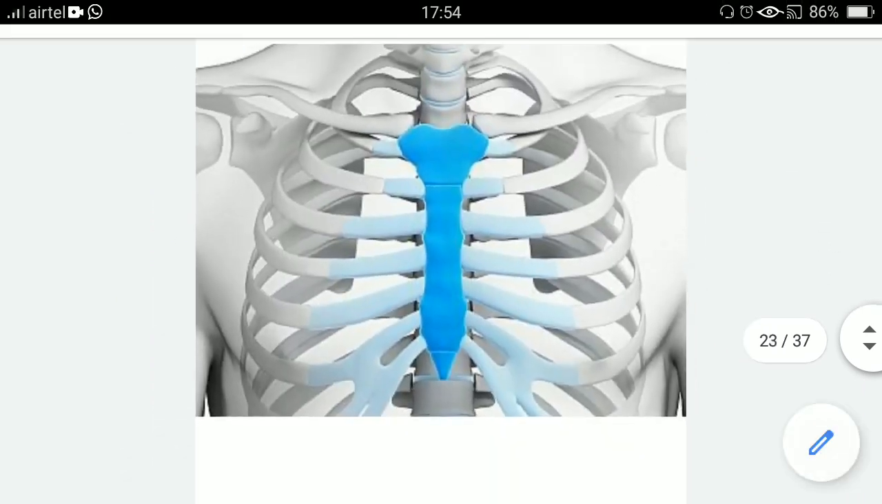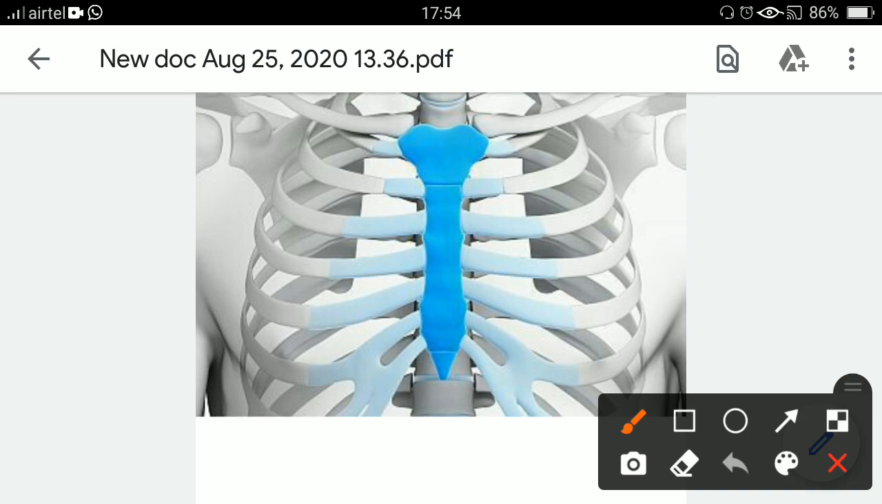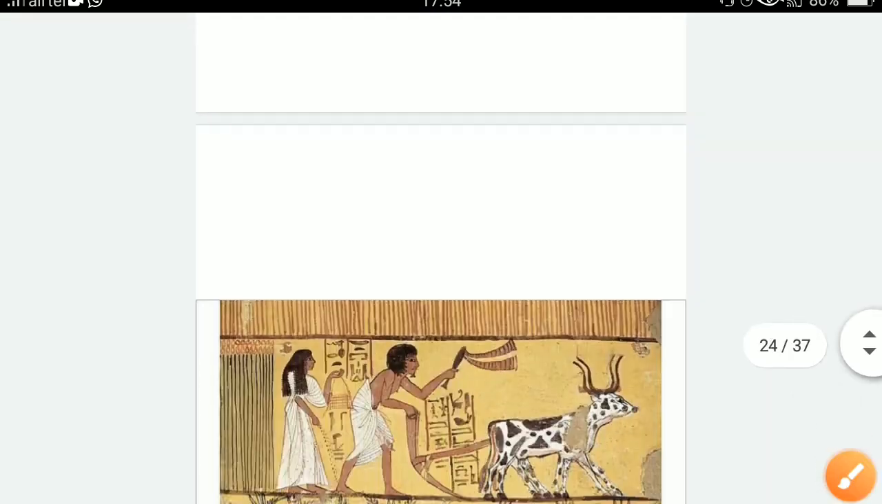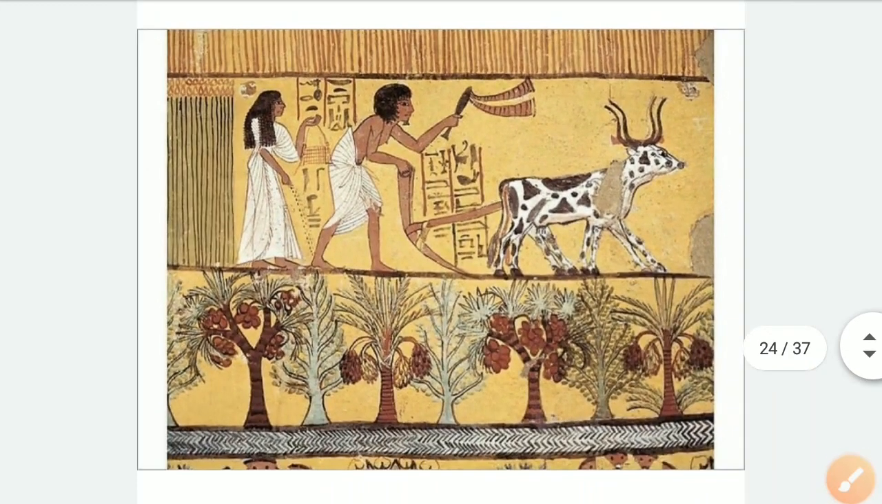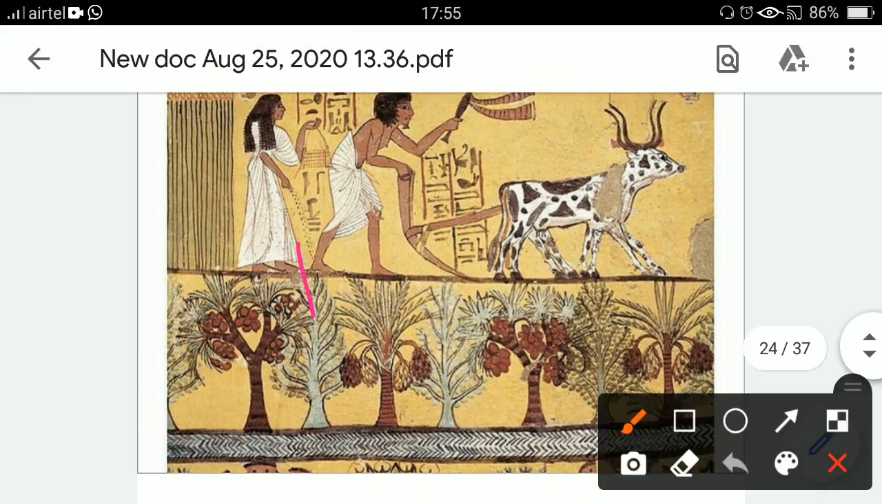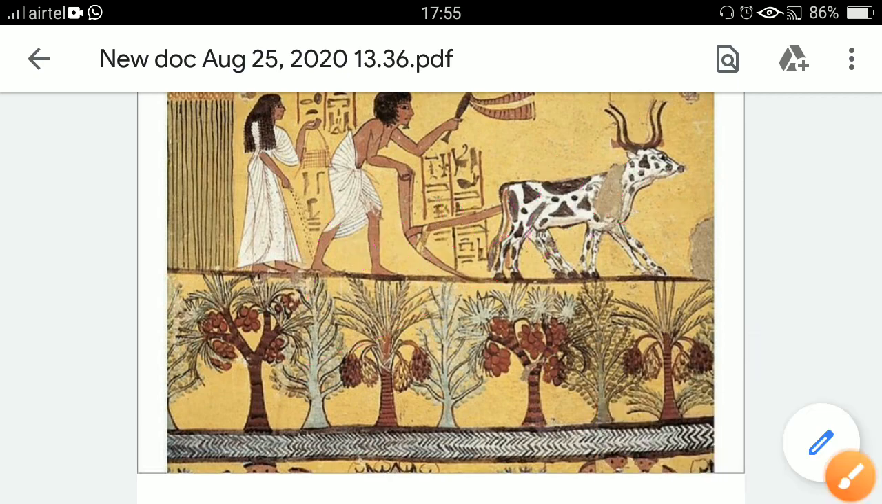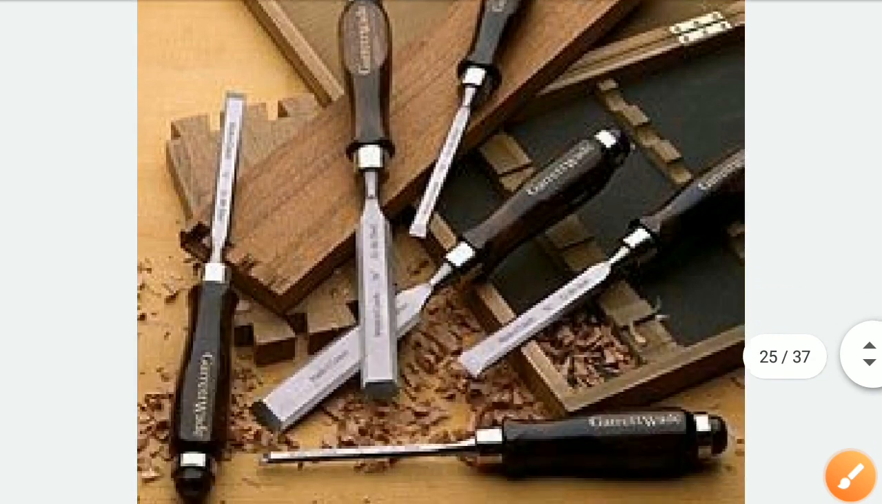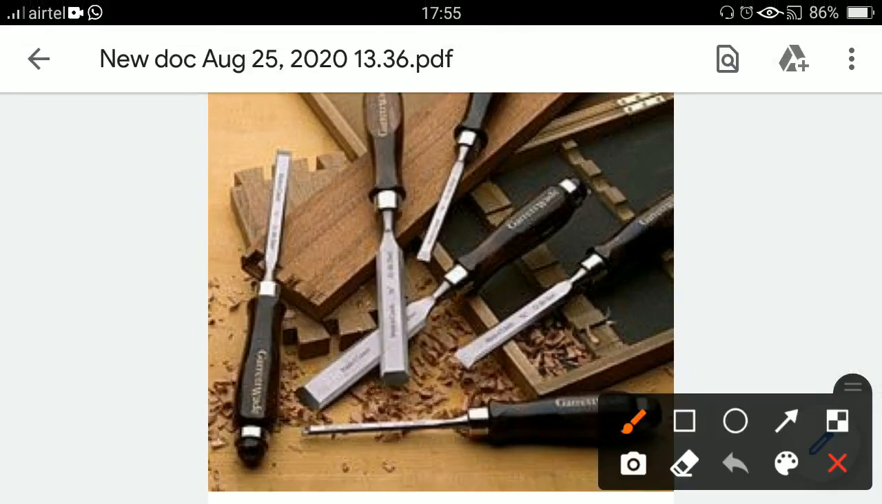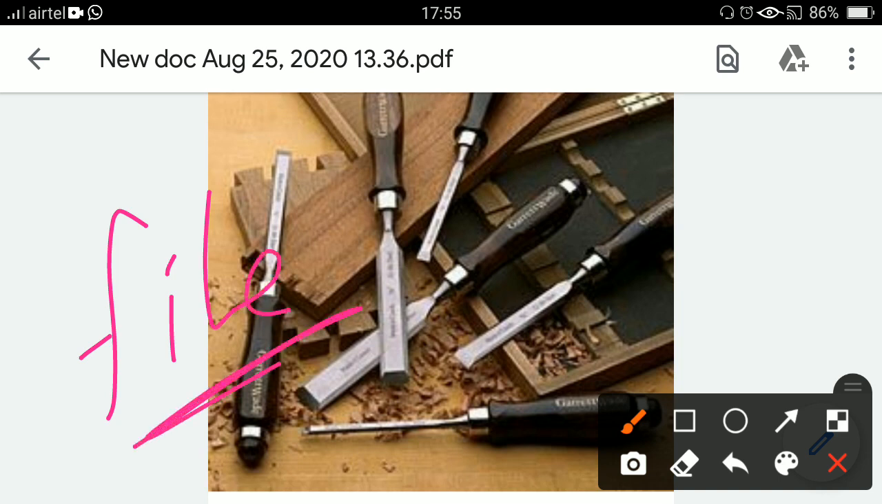You see, this is chest bone, or you can say breast bone. This also is an example of mural. Mural means paintings on the wall. These are the tools. Each and every tool is called a file. Well, a file is used to smoothen